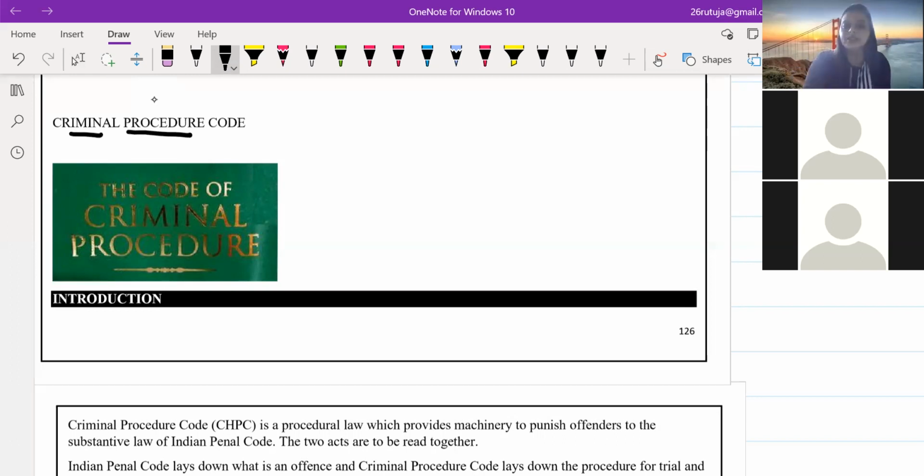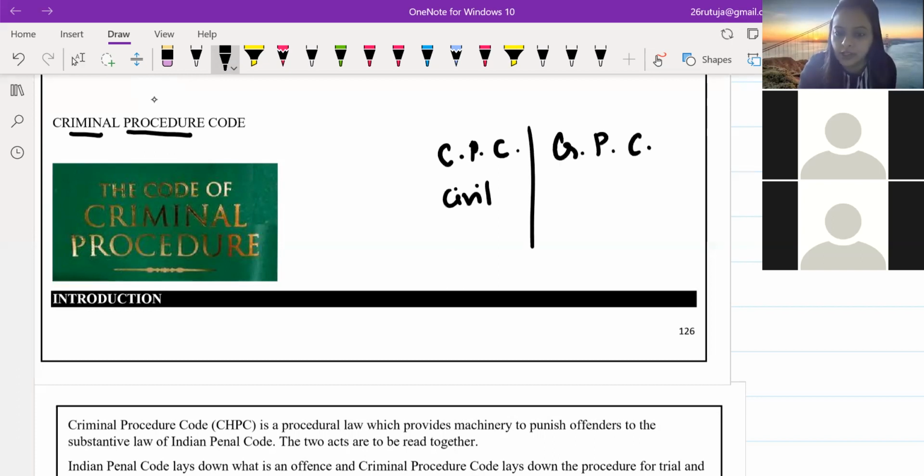Under CPC, we studied what will be the procedure for civil cases, and under CRPC, we'll be studying the procedure for criminal cases. So what do you think? Is there a lot of difference between a civil suit and a criminal case? Yeah, ज़्यादा procedure में difference नहीं. What do you think? There is a difference? Of course. Between a civil and a criminal suit, of course. Okay, so there is a difference. Can you tell me what differences you have already identified in a civil suit and a criminal suit?